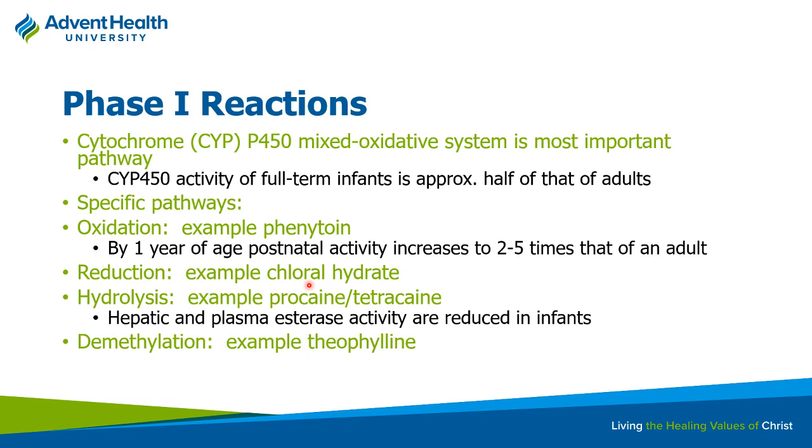But basically, it used to be like a really good sedative for NICU patients, PICU patients, because these kids didn't really have as good an ability to metabolize it, so it stuck around for a long time. So you could use very small doses and get nice sedation in these children, as opposed to using like an